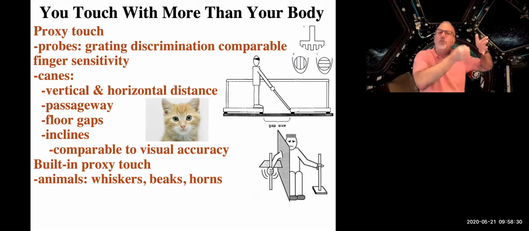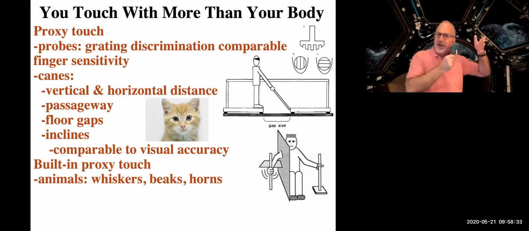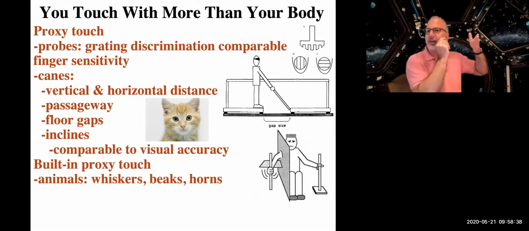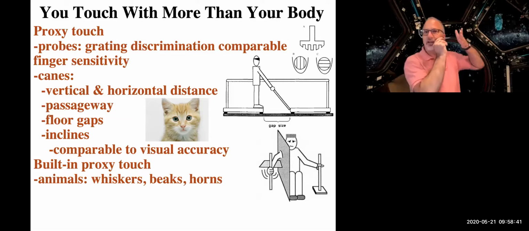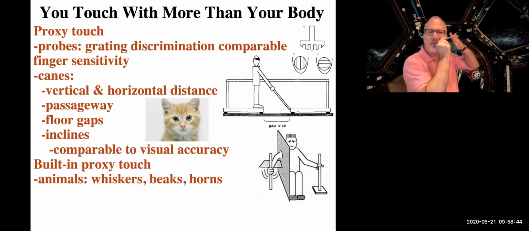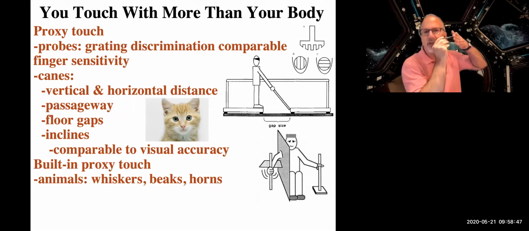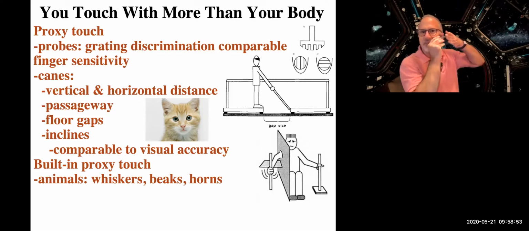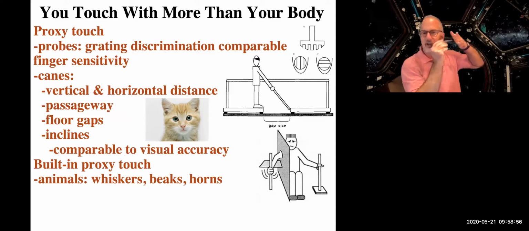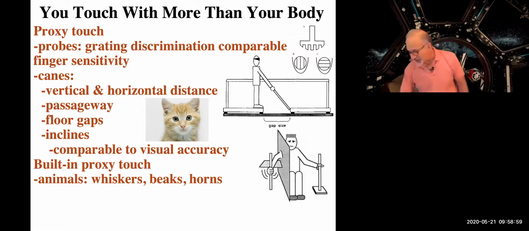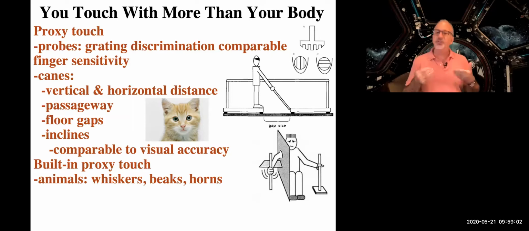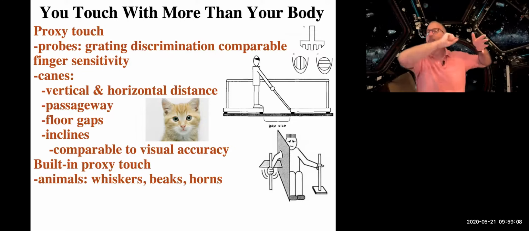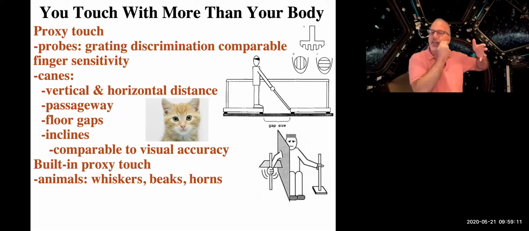And in that sense, a whisker is like a tool for a rat, right? Here's my little tool. It's a probe. Here I am, Rosenblum, the cat with a little whisker probe here, and I've got to figure out whether I can go through the door. I'll be Rosenblum the rat, as rats do this more often. And I say, oops, no, I can't go through this doorway because this whisker is telling me that this doorway is too narrow. It is essentially proxy touch, but it's proxy touch using a part of an animal's own body. It's proxy touch because the only nerve endings where the information is conveyed is through the vibrations of the whisker that hits the nerve endings in the skin.